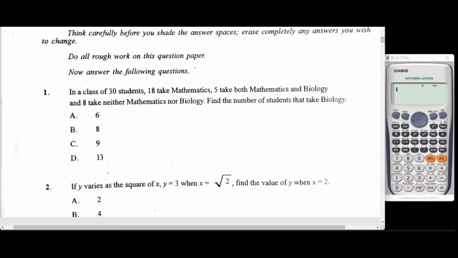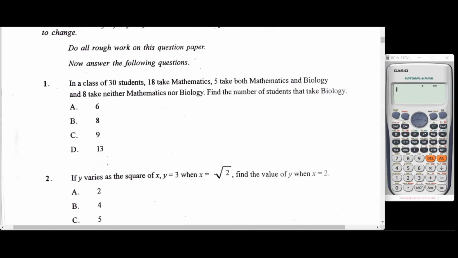So we have the first question going as: in a class of 30 students, 18 take mathematics, 5 take both mathematics and biology, and 8 take neither mathematics nor biology. Find the number of students that take biology. So we are looking out for the number of students that take biology. A fair idea tells us that this is a